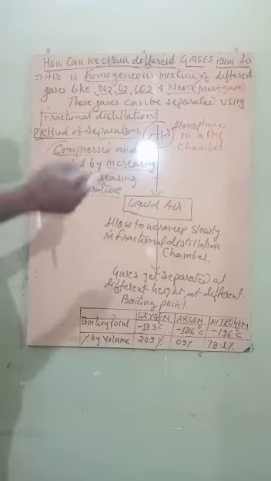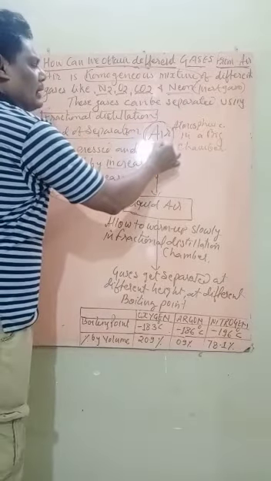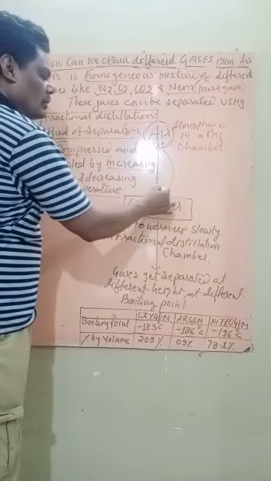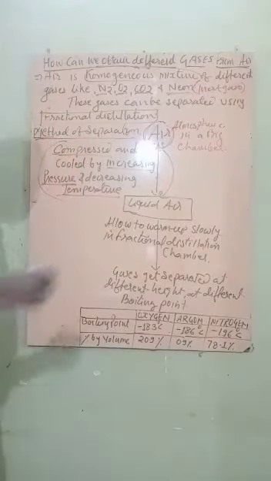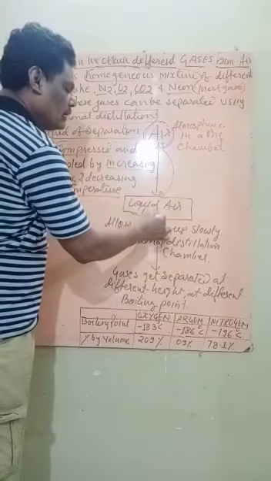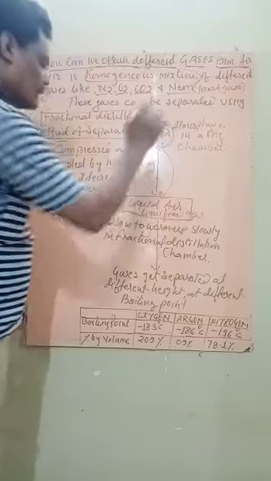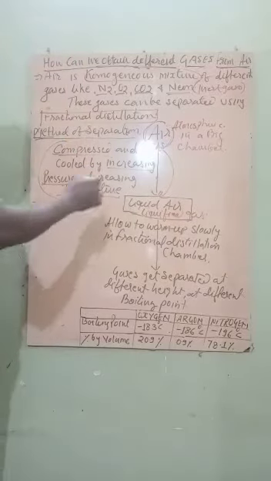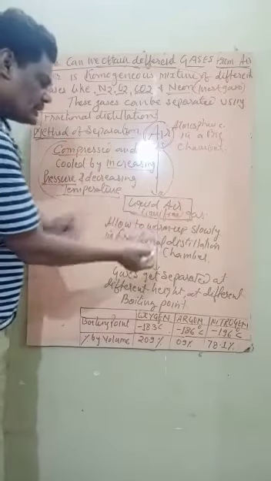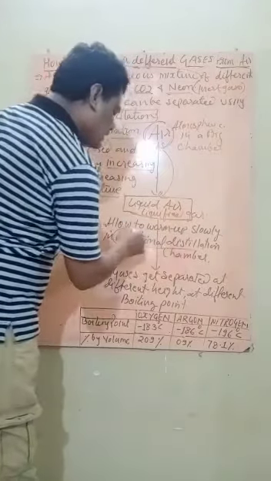So if their molecules come close, now the air, which is a gas, will convert into liquid. That is called liquefied air. You can simply call it liquefied air or liquefied gases. Now what do we have to do? These liquefied gases are now filled in the fractional distillation chamber.